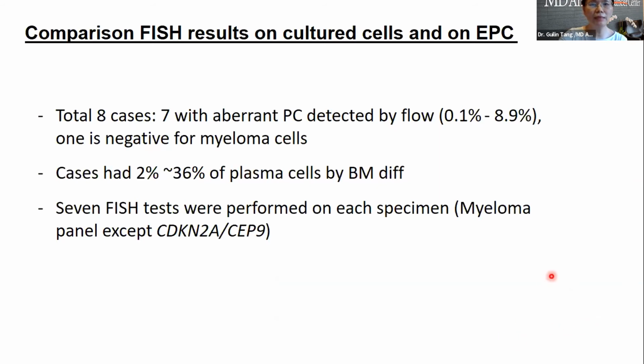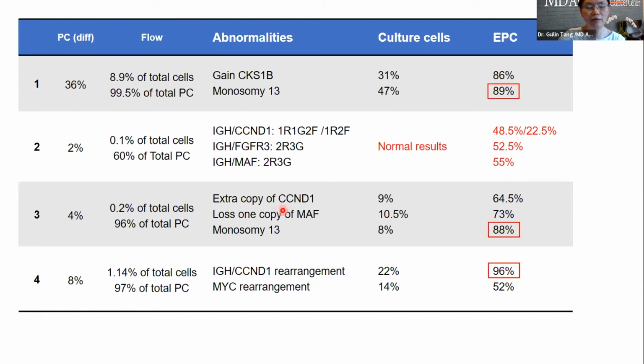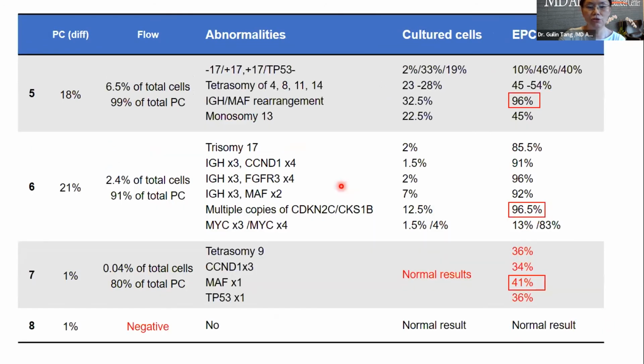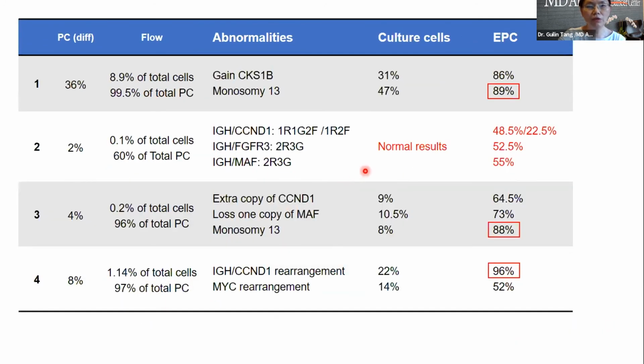So, in the beginning, when we did the validation, we did 8 cases, 7 with aberrant plasma cells and 1 negative. Then I can show you the result. We have just 2 pages. So you can see,